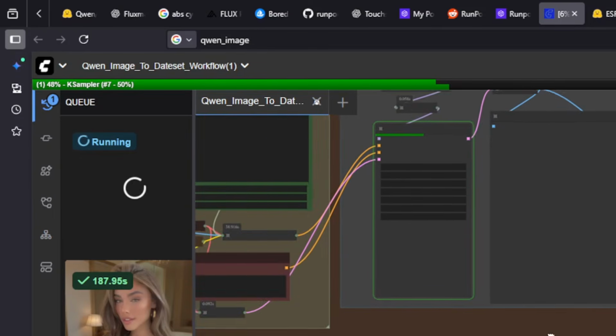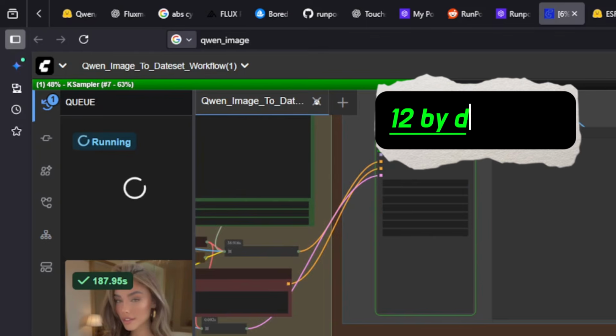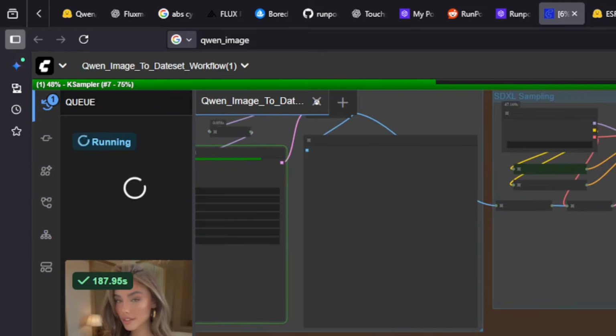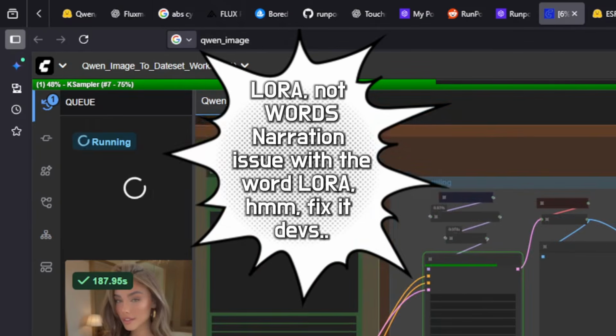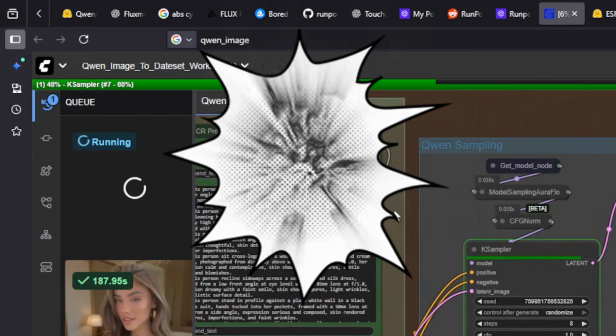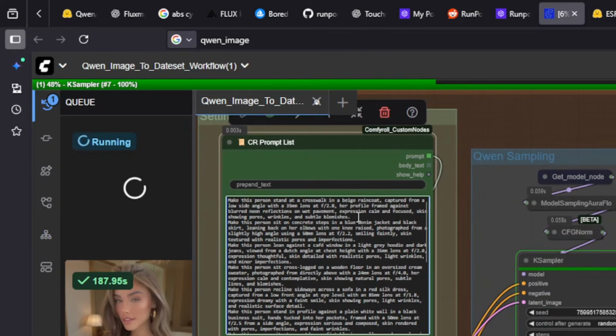So what this is going to do, it's going to produce about, I think, 8 images, and it gives you a very good data set that you can use to create LoRAs. You can definitely edit these prompts here. Each of these is a different image.